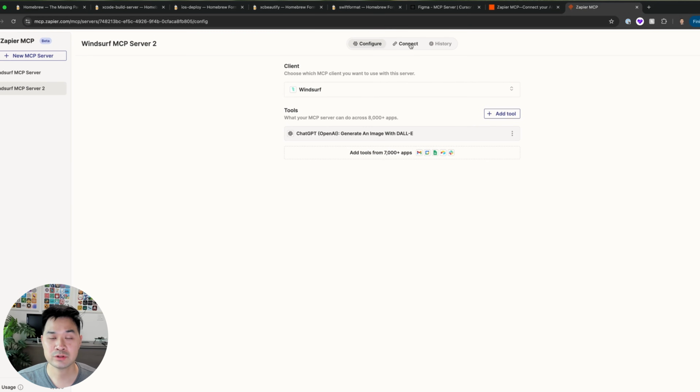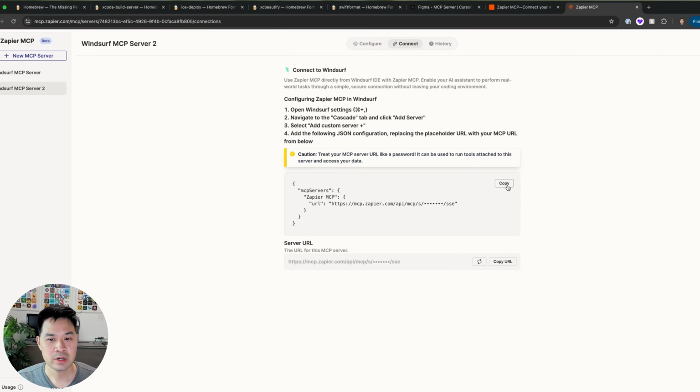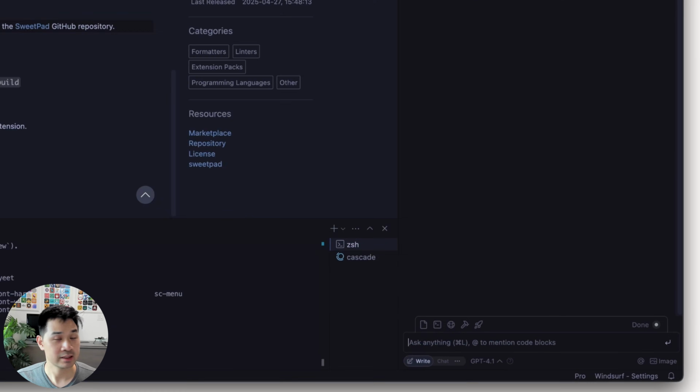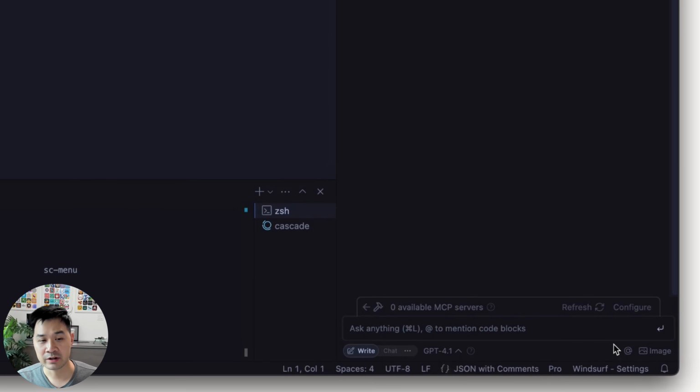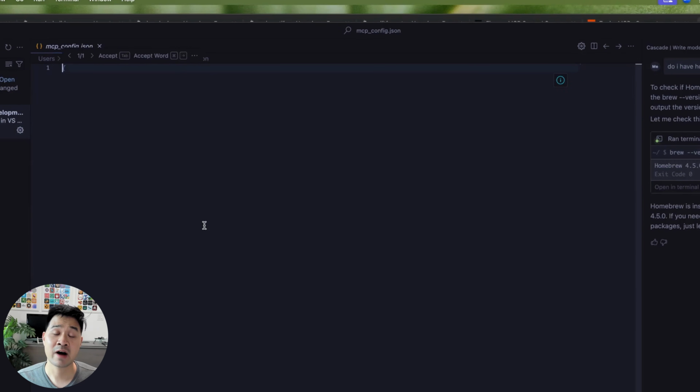Next, we want to go to connect, and we want to copy this, and we want to set this up inside Windsurf. Just have to paste it. Let's go ahead and open up Windsurf. The easiest way to do this is in the lower right-hand corner, right above the AI chat box, there is an MCP icon. It looks like a little hammer. If you click that and then go over to configure,